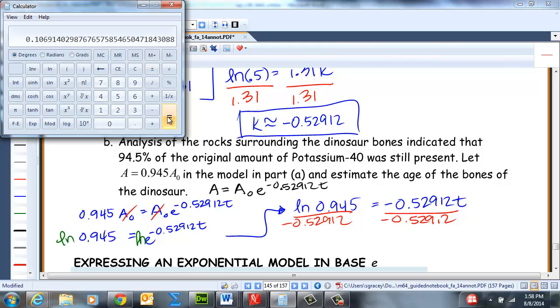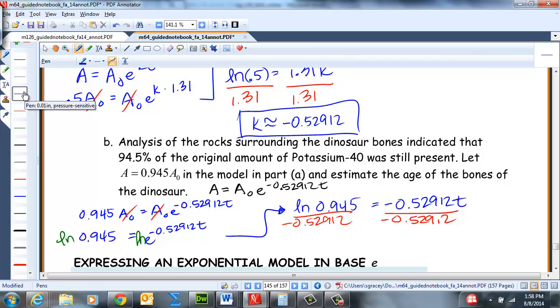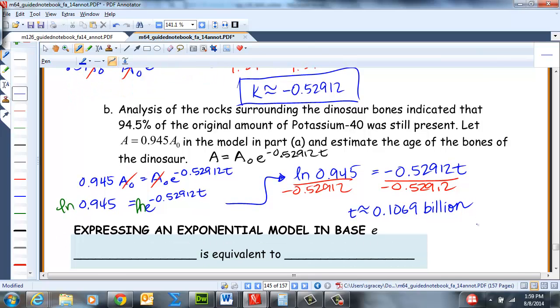Okay, so we get t approximately 0.1069. So let's think about what that means. We got t is approximately 0.1069, right? But that's in billions of years, right? So why don't we write it nicer? So we can say